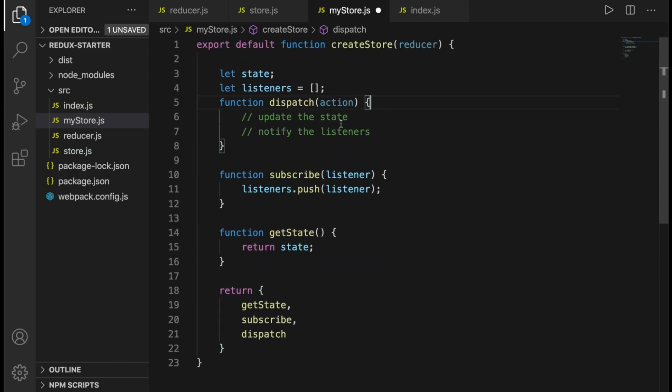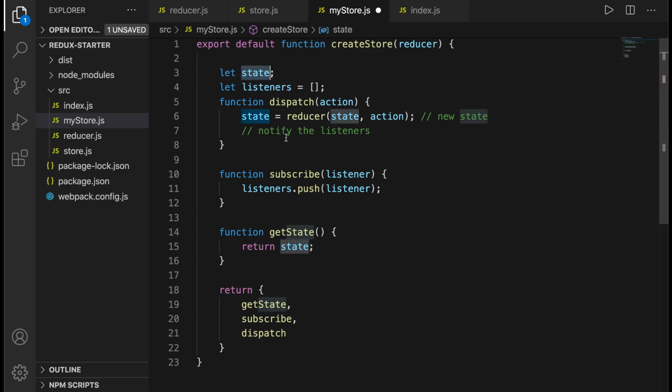Finally, let us move on to the dispatch method. So here we want to do two things. We want to update the state whenever an action is dispatched. So we'll simply call the reducer with the current state and action, and since this gives us a new state, we'll replace our current state with the new state. And we're pretty much done with the first thing. So moving on to notifying listeners.